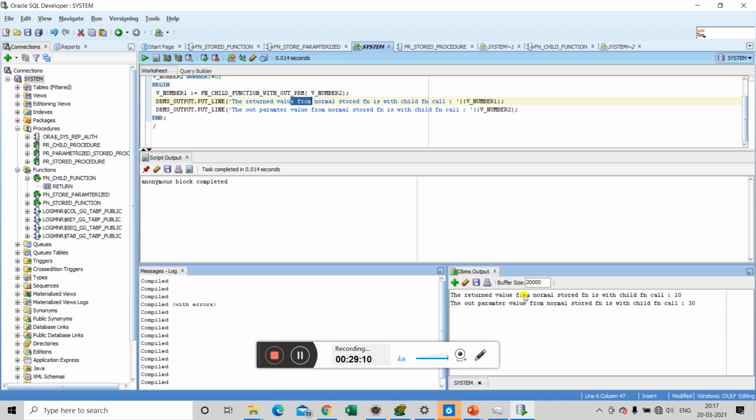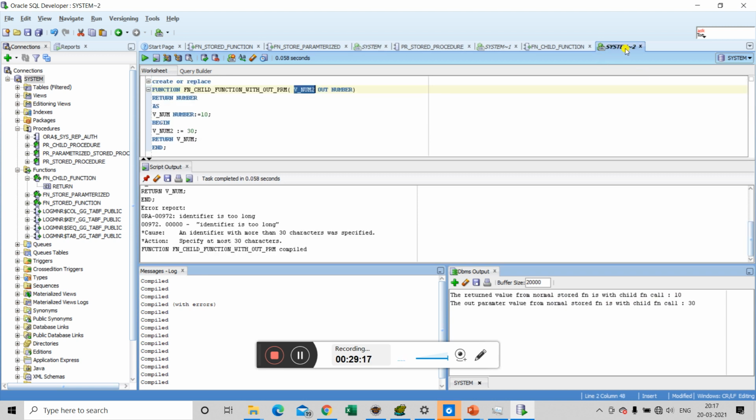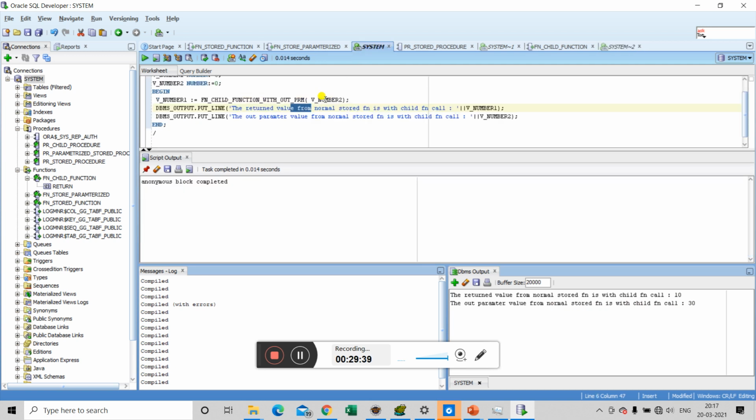The first one is return value from a normal stored function is 10. 10 is because this particular function is returning vnum, which has a value of 10, and the out parameter for the normal stored function is 30. 30 is returned because we have declared a variable as an out parameter, and in that particular parameter we have put our value 30.